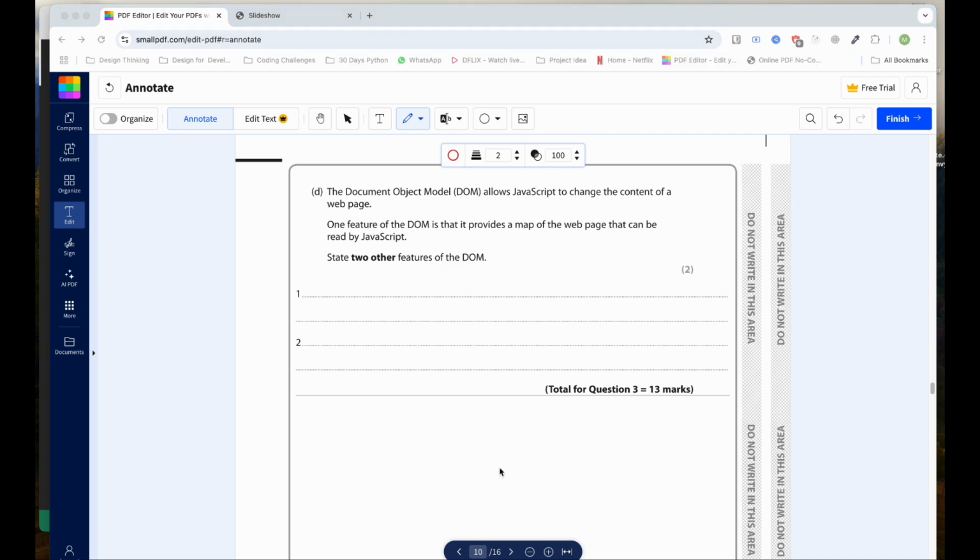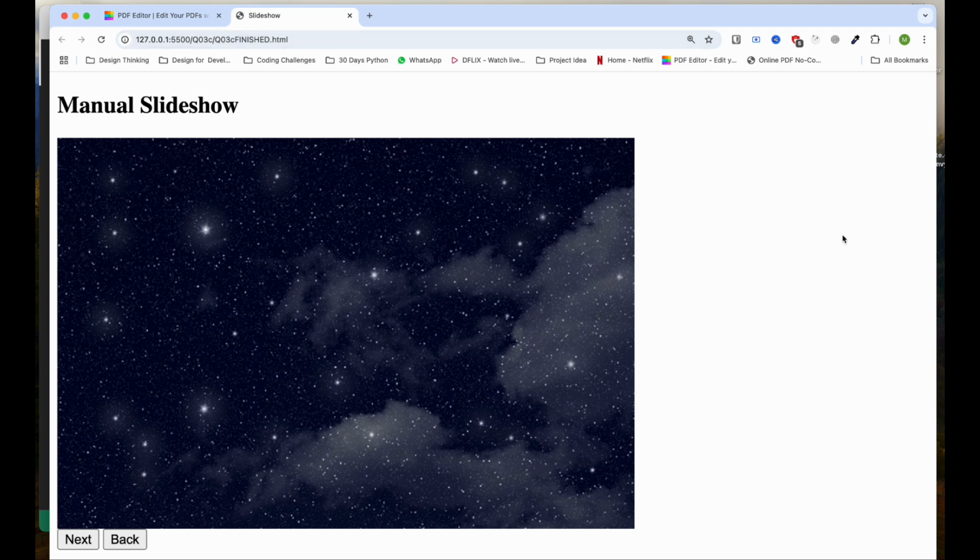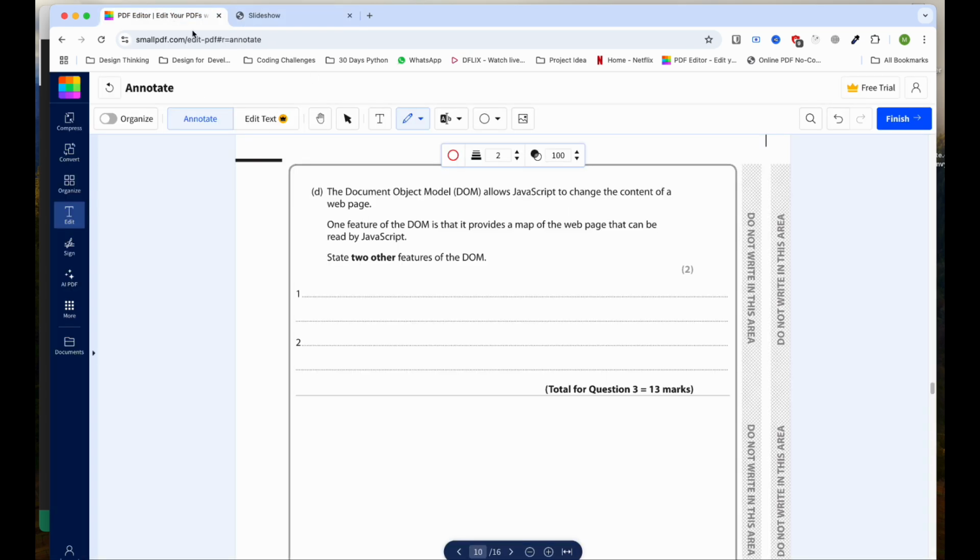First of all, we'll try to understand what is the meaning of DOM. DOM is actually whatever we're seeing inside the viewport, that one is considered as DOM. And whatever we're trying to write inside the HTML body, that one is visible inside our DOM, right? So we can use JavaScript to modify the appearance of the DOM. This is one of the things. So for the first point, we can write, the DOM enables